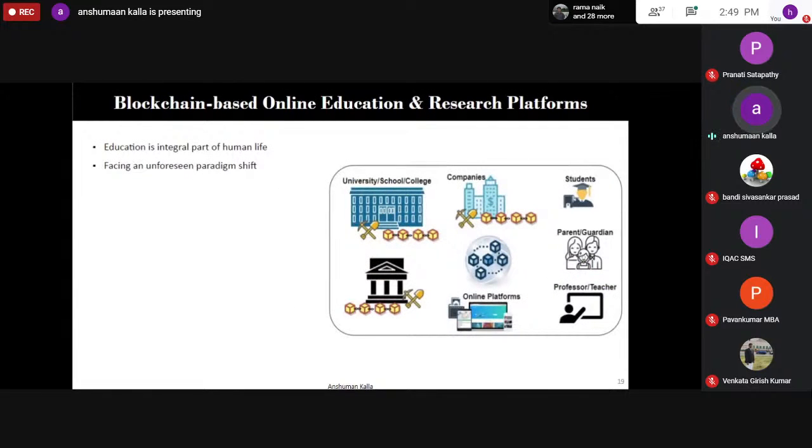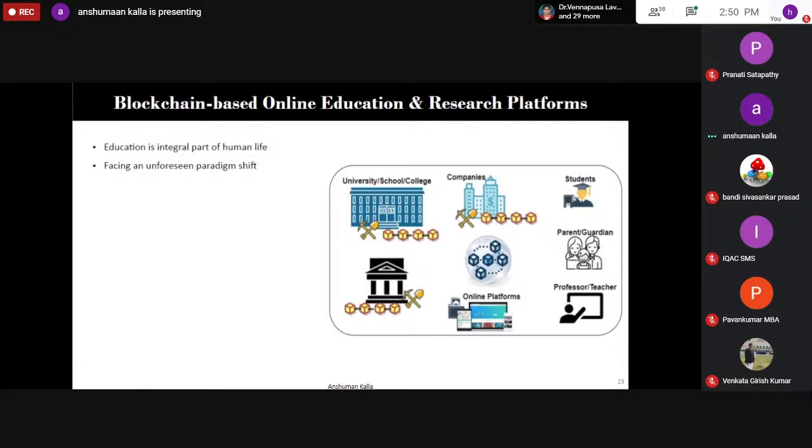All right, so let's move to another very important use case, which is probably very interesting for all of us, as we all belong to the education fraternity, right? So education is an indispensable part of our lives. That's very evident, right? But due to the current pandemic, educational institutes are being closed by many countries, either completely or partially. In some countries, they are allowing theory lectures to be delivered through online platforms, and of course, with restrictions on the students, they are allowing laboratory sessions to take place physically, right? But it all depends upon which country is undergoing which kind of